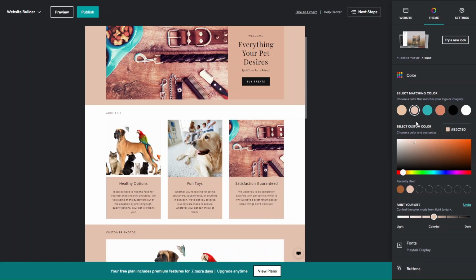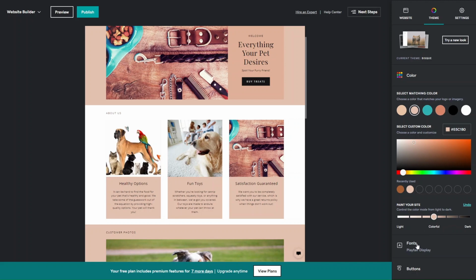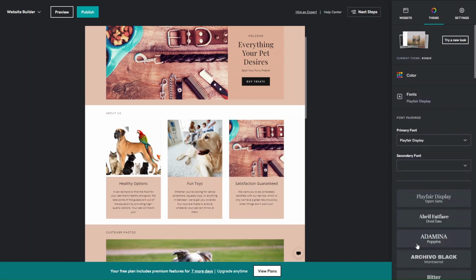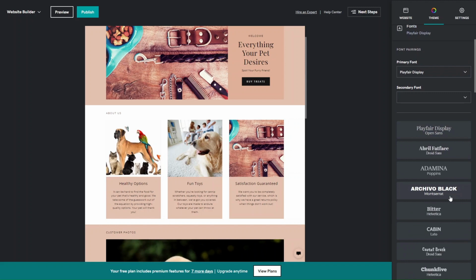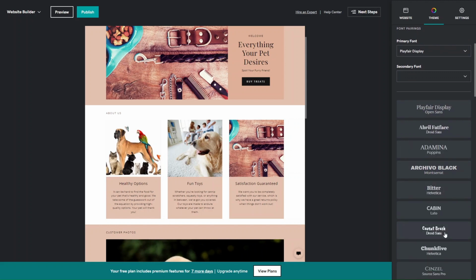So that's our colors picked. Now we can go on to fonts. What's really interesting about the GoDaddy website builder is that they've researched the most effective font combinations for readability for your website visitors. If you scroll down onto fonts, you can see some pre-designed font pairings,